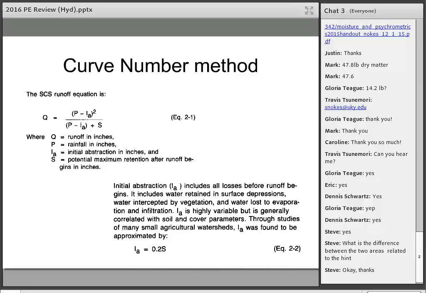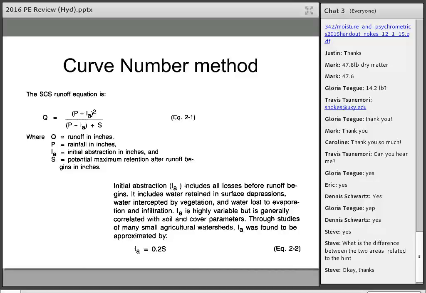I don't even remember when the exact date was when that name switch was, but it was reasonably early in my career, and I started in 1985 at the University of Illinois. So it was 90-ish when they made that change. This was developed quite a bit before that, so to a lot of us, it's just the SCS